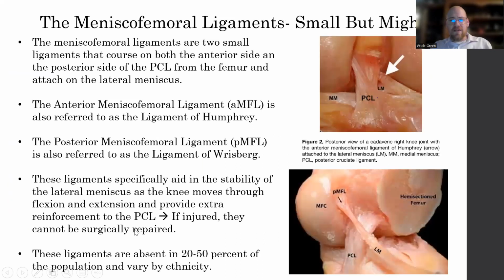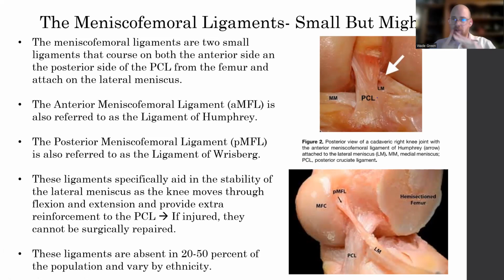Okay, this is maybe considered more of a detail by most people, but this is important. There are ligaments that actually run near the ACL, near the PCL, and they're called the meniscofemoral ligaments. I made a little joke here and there: they're small but mighty, right? So the meniscofemoral ligaments are two small ligaments that run on the front and the back side of